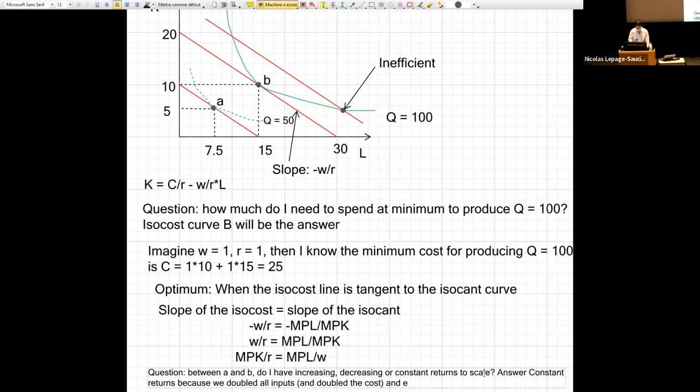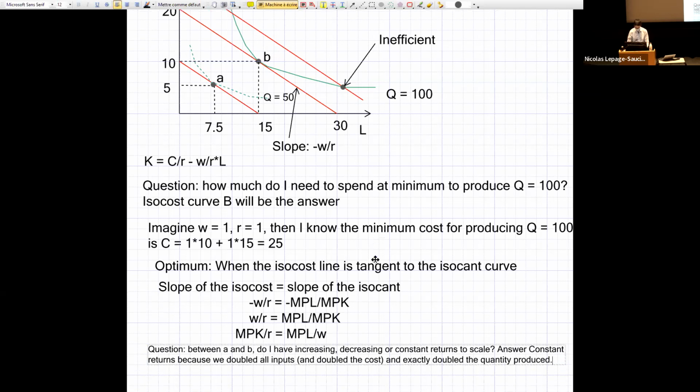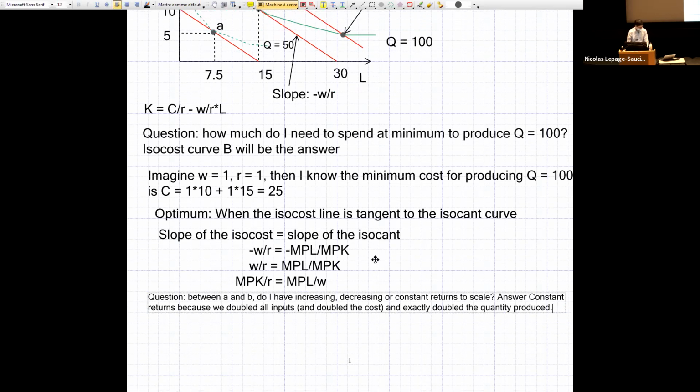And exactly double the quantity produced. Okay, do I still have some space here? Yes. Okay, so last